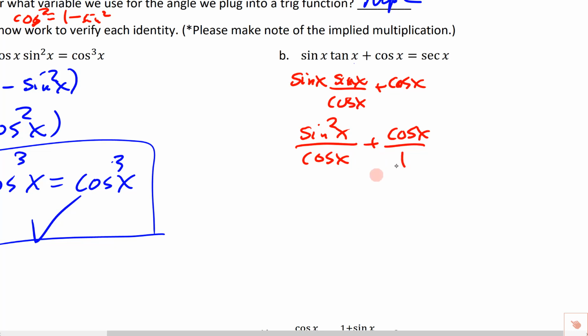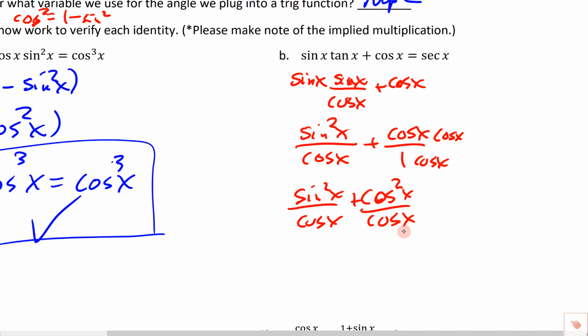How do you add fractions? Nope, that's for proportions. Zach. Is it where for the cosine over 1, you would times the top and bottom by the same thing? You've been doing this since elementary school. You're getting a common denominator. So I'm going to multiply the bottom by cosine of x, and I'm going to multiply the top by cosine of x. So now what I have is the sine squared of x over cosine, plus cosine squared of x over cosine,